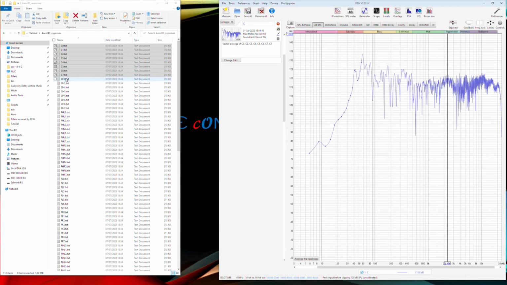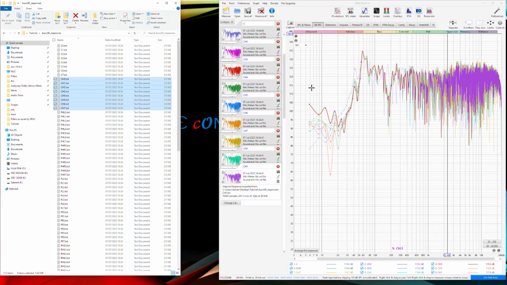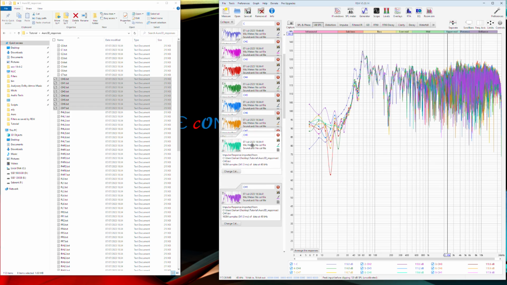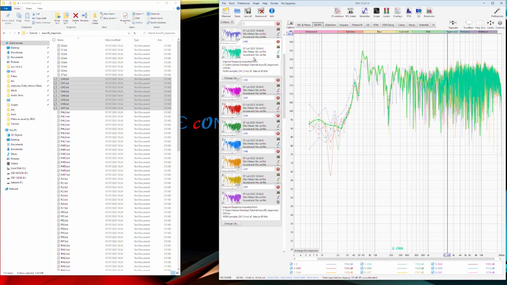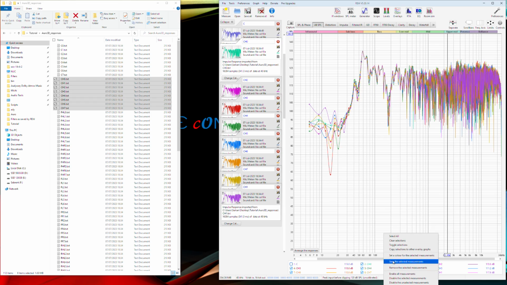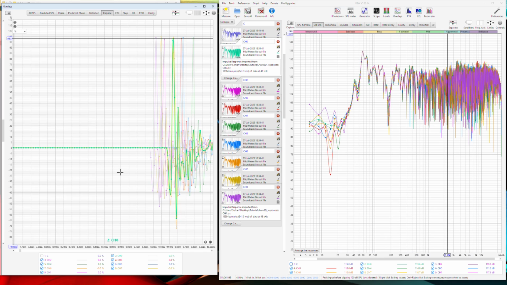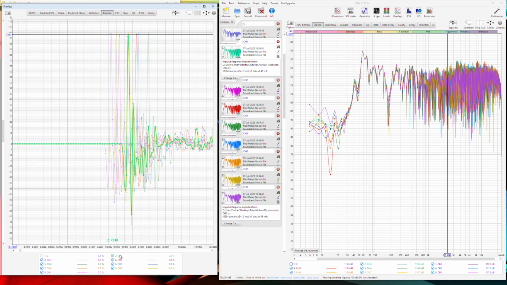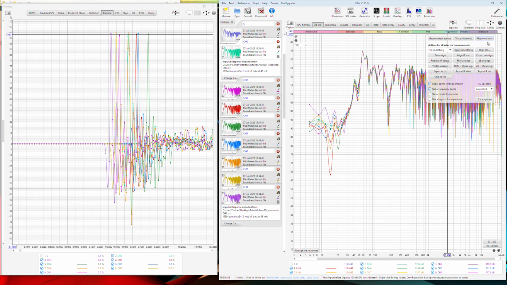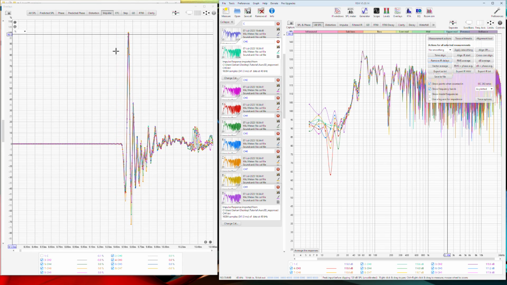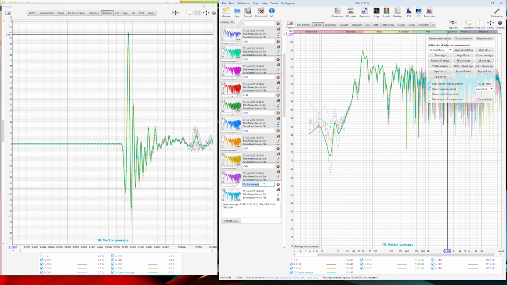Now let's do the same for CH0. 1, 2, 3, 4, 5, 6, 7. Drop them all at once. Make sure CH0 is at the top of the other CH measurements. Unselect C. Copy selections to other overlay graphs. So every CH measurement is now in overlays. As you see, the central one is the green one, and cross correlation align. You see they all gathered on top of CH0, and now you can vector average. Call this CH for center height. You can now delete all the other CH measurements.